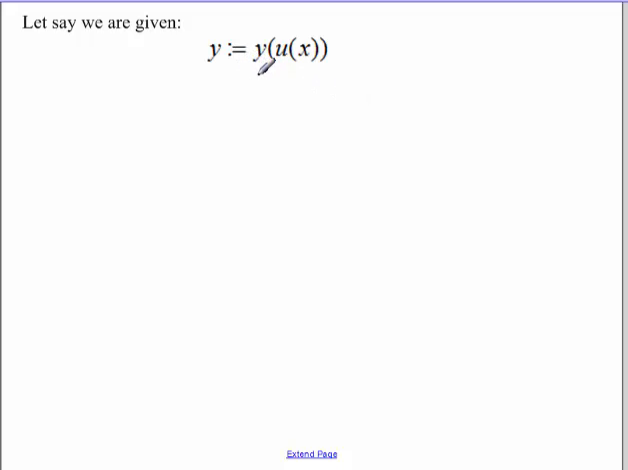Let's suppose we're given a function, and this function y is a composite function. Actually, y depends on u, and u depends on x. So to compute the derivative of such a function, you would say, since y in the final analysis depends on x, the derivative will be denoted as dy/dx. Now to get this derivative, you call upon the derivative of y with respect to u, and then multiply it by the derivative of u, where u depends on x, so du